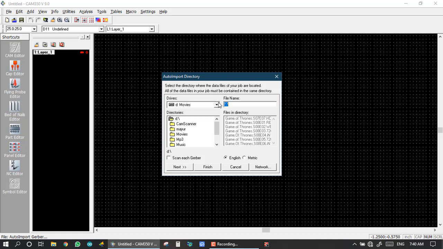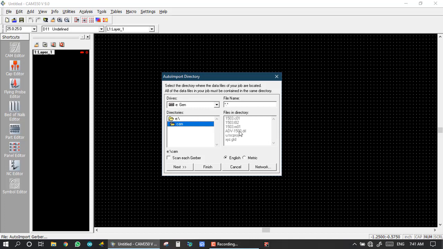So first I set the path, the C drive, and we select our path, CAM350, and this is our Gerber.